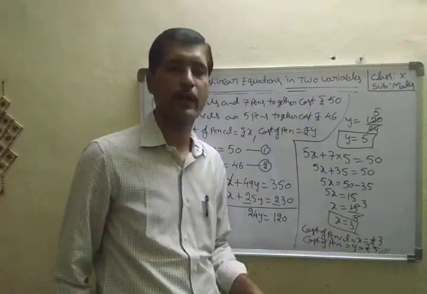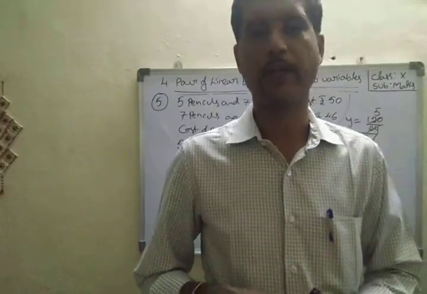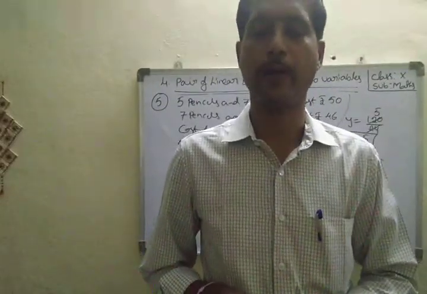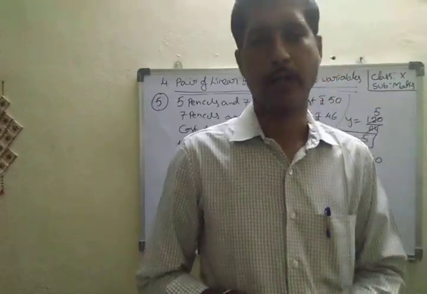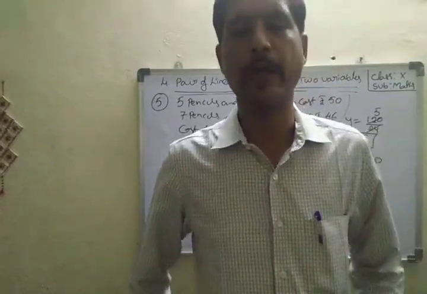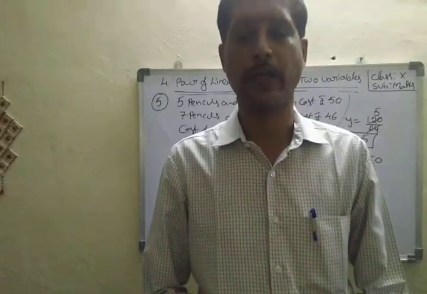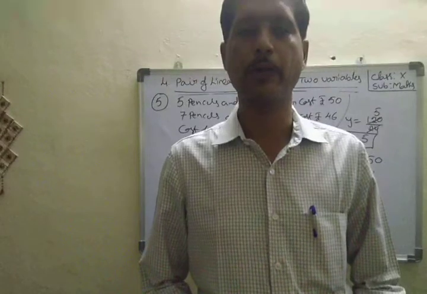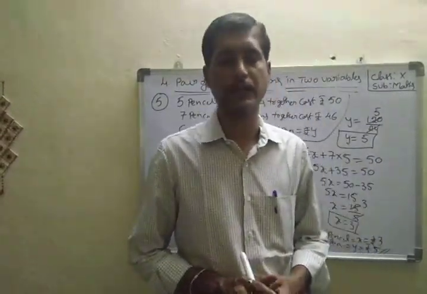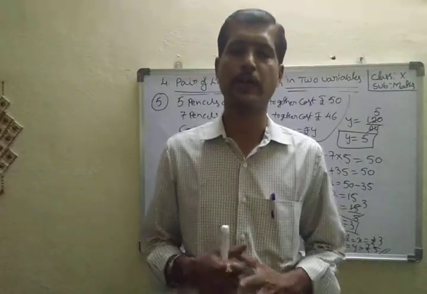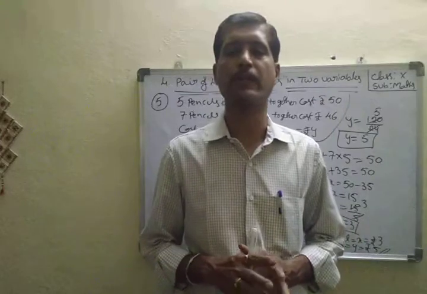Okay. Today what we have discussed: what is a linear equation, with one variable and two variables. Next, a pair of linear equations. The condition for a unique solution is a1 by a2 not equal to b1 by b2. Next, for no solution: a1 by a2 = b1 by b2 not equal to c1 by c2. Next, for infinite solutions: a1 by a2 = b1 by b2 = c1 by c2.